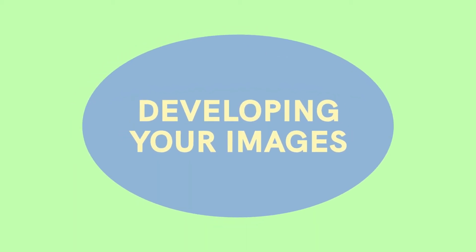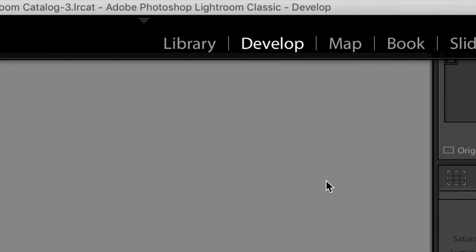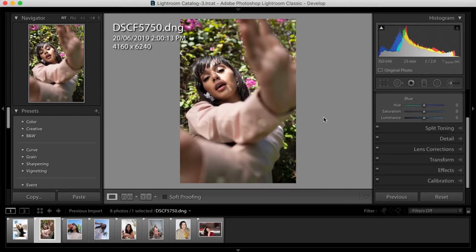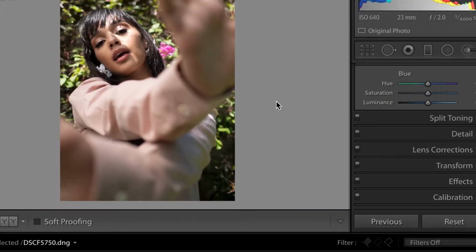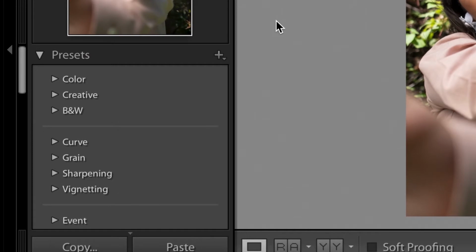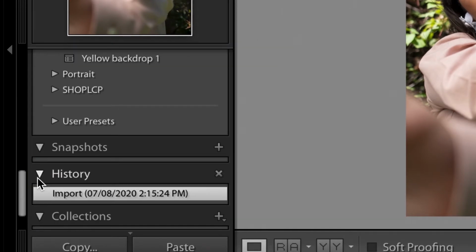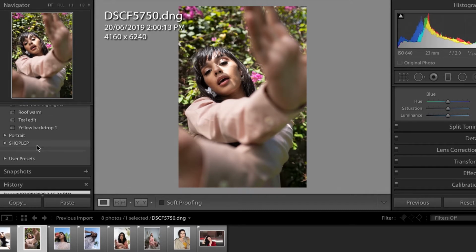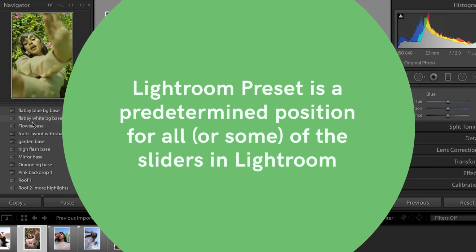To start developing your images, click on the Develop module, which is right next to the Library module. You will notice the settings changed on the left side and the right side of the bars. On the left side, you have two elements that are your preset and history. As mentioned in the first video, a Lightroom preset is a predetermined position for all or some of the sliders